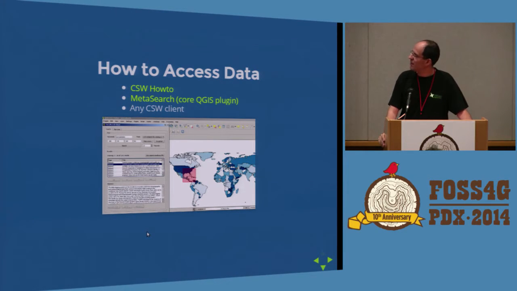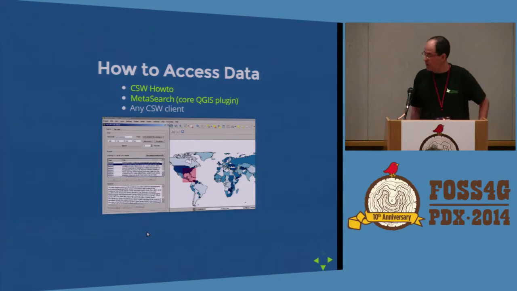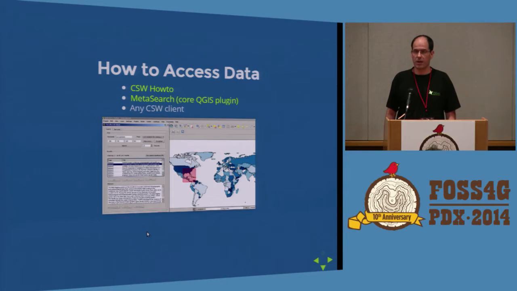But also there are many other tools that somebody can use to access the data. One of them is QGIS, where there is the MetaSearch plugin, which is now a core QGIS plugin. So whenever you install QGIS 2.4 or a later version, when that comes, you are able to use the MetaSearch plugin to search the metadata from Data.gov or any other CSW server out there. And also, you can use any other CSW server client that you can